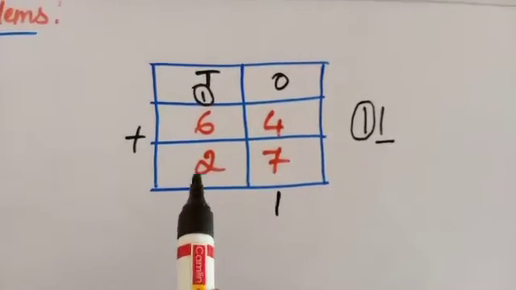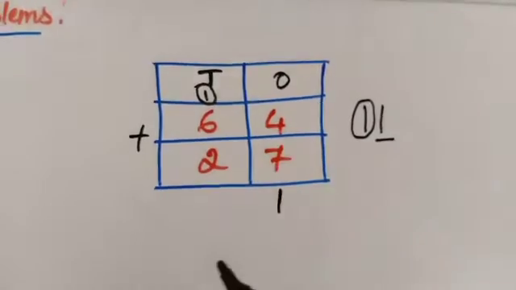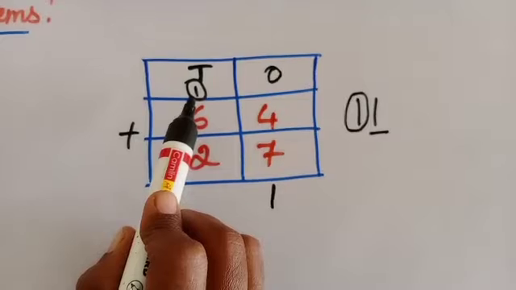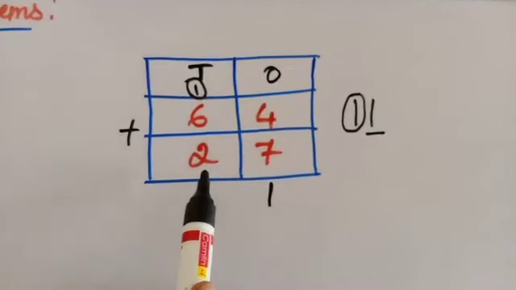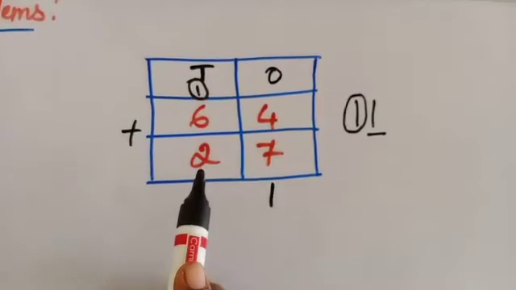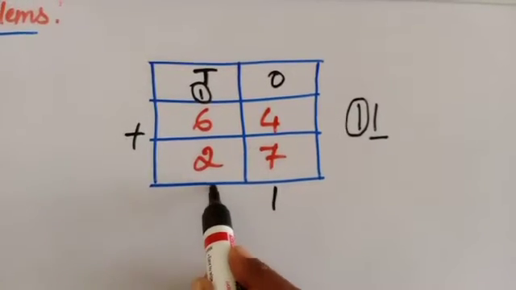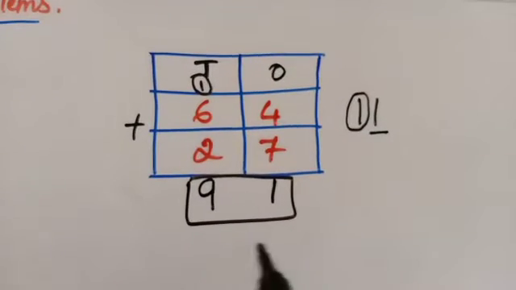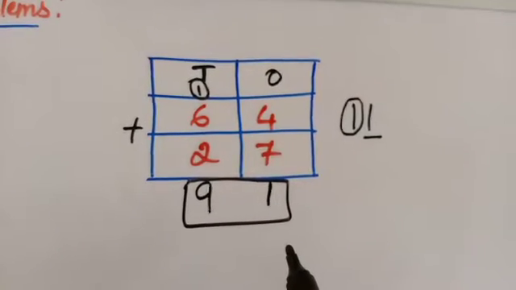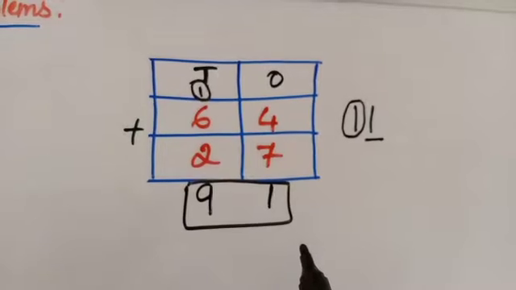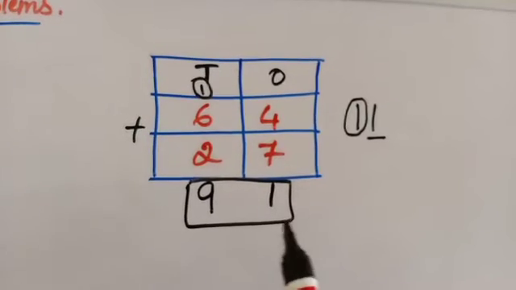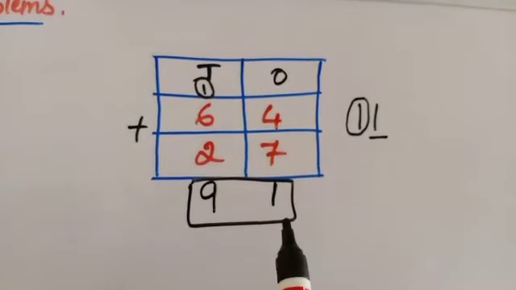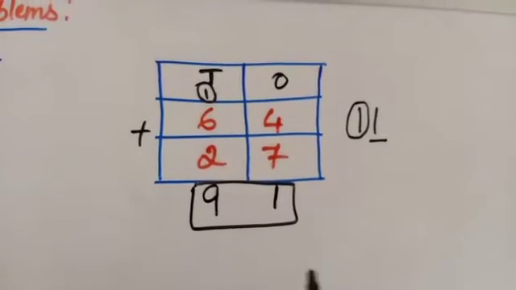Now what we have to do? We have to calculate these 3 numbers also. So 6 plus 1, how much, children? 7. Okay, so 7 plus 2 we have to do now. 7, after that 8, 9. So what is the answer now? 91 is the total answer. So how many balloons does Deepu have now? 91 balloons. So let's go for the third word problem.